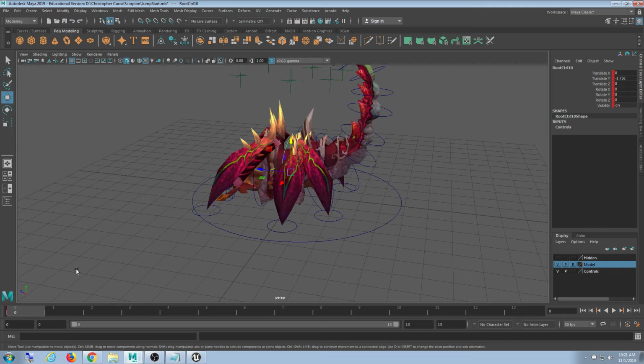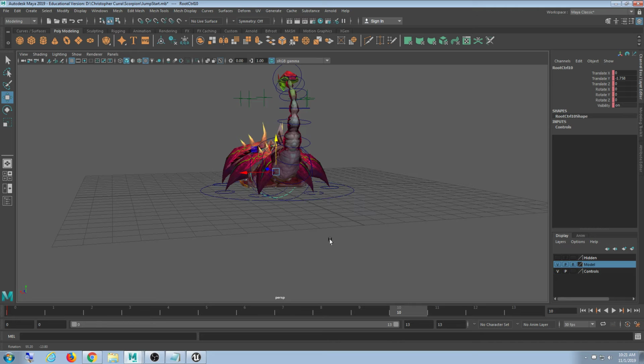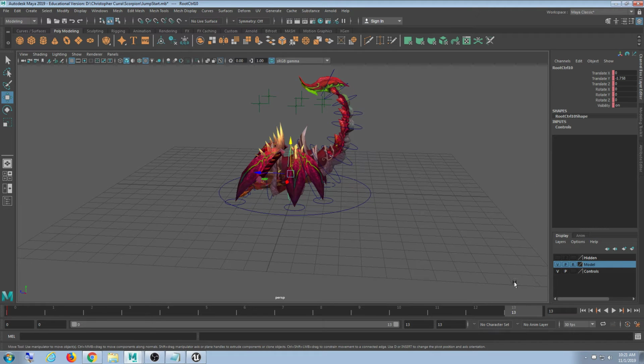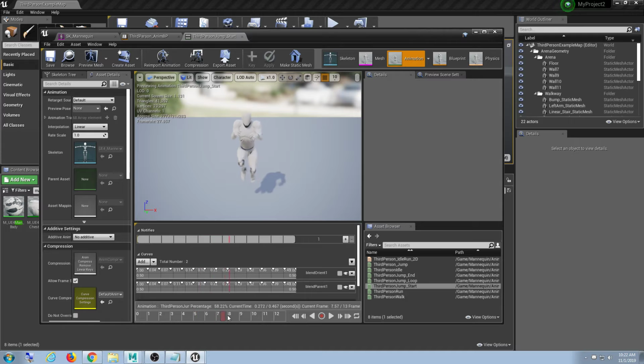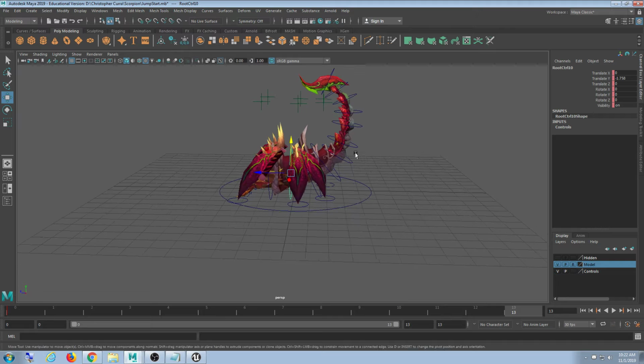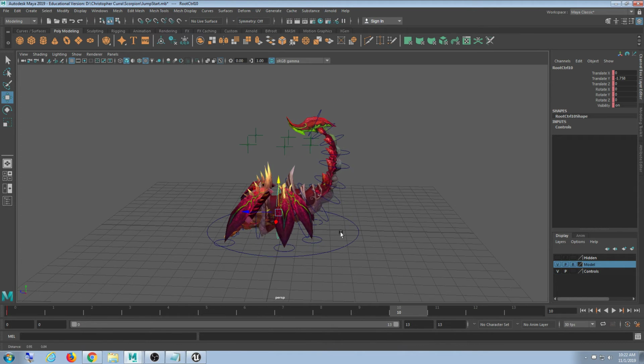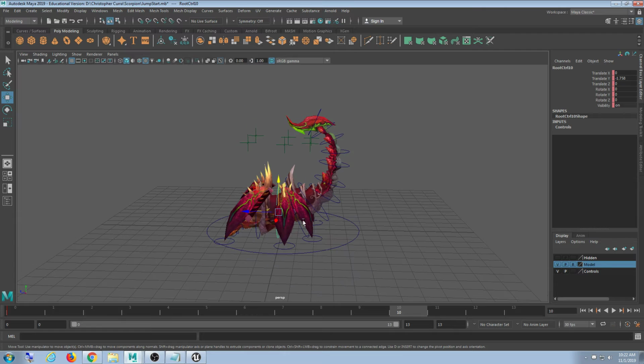Alright, so now let's go ahead and move to, let me take a look at what we got here real quick. Okay, move to frame 10. Move to frame 10. And then what I want you to do is just grab that central controller for this